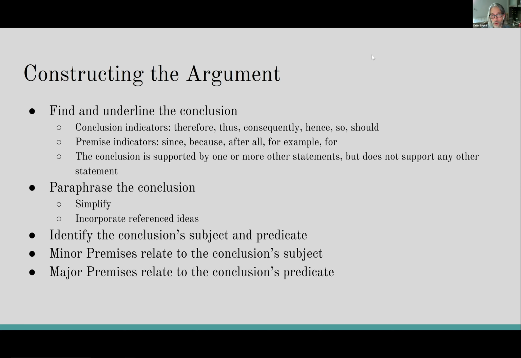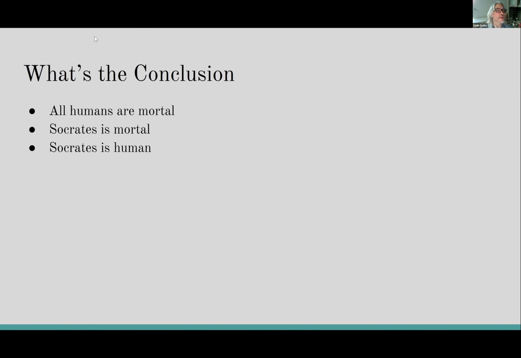But the reason I think this is so important, to separate the conclusion into a subject and predicate, is that it gives you an immediate framework for organizing the premises. Any premise that relates to the subject of the conclusion, we designate as a minor premise under the Greek syllogism system. And any premise that relates to the predicate of the conclusion is designated as a major premise. And there's a specific model, a specific form for how the minor premise has to interact with the major premise in order to create a valid argument that completely supports the conclusion. I'll show you the model on one of the next slides, if I can get to it.